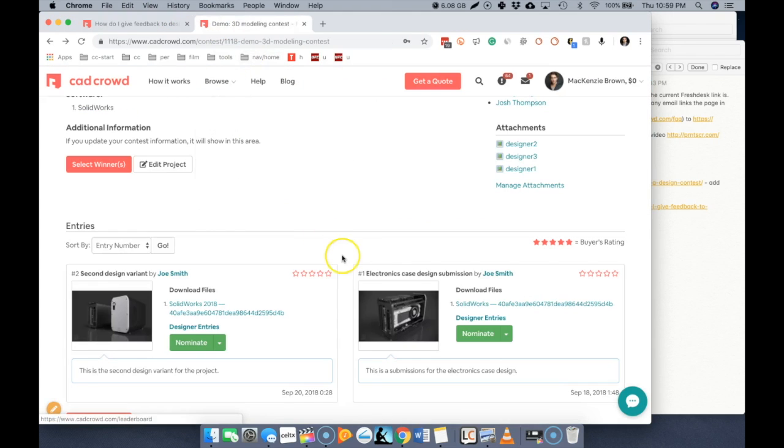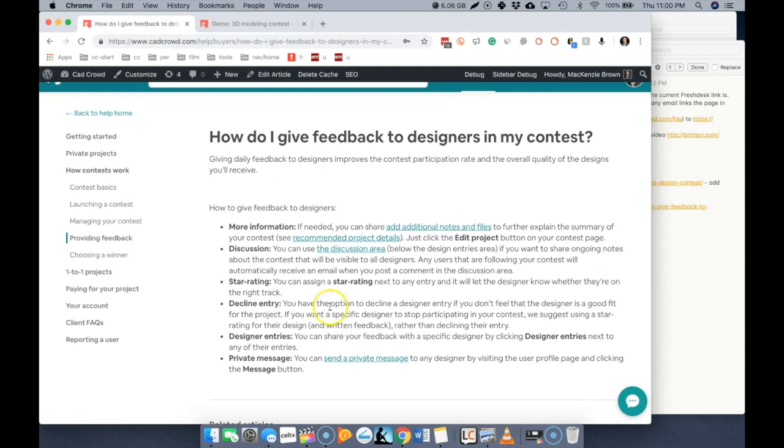is. In addition, we recommend giving a star rating to any designs that you're interested in, and if a designer isn't producing work that you're interested in, we recommend declining that work, which won't encourage the designer to submit additional designs. So if you're interested in their work, give them a star rating. Typically 3 or higher shows some sort of interest in their work and will encourage them to submit an updated design. In addition to providing a star rating, we suggest